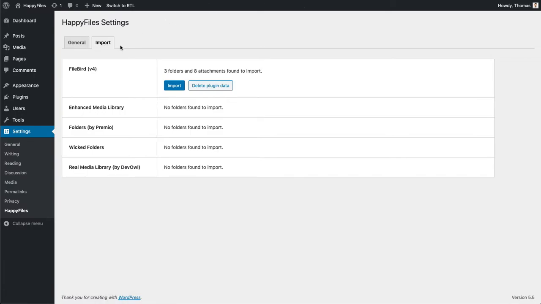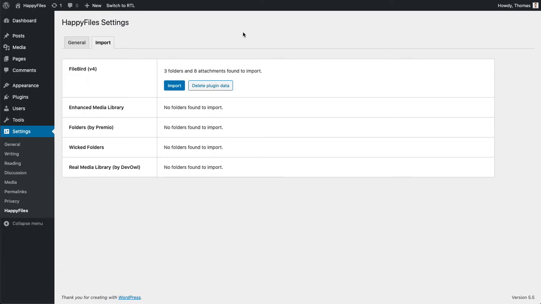And you can see here under the import tab I have a total of 5 plugins. Those are the plugins HappyFiles currently allows you to import categories from, and the first one is FileBird version 4, then the abandoned Enhanced Media Library plugin, the Folders plugin by Premio, Wicked Folders, and Real Media Library by